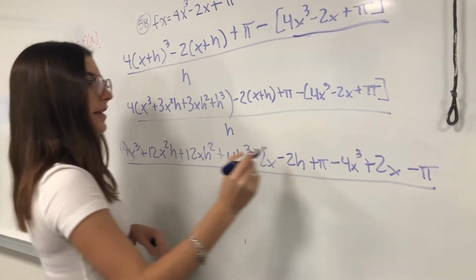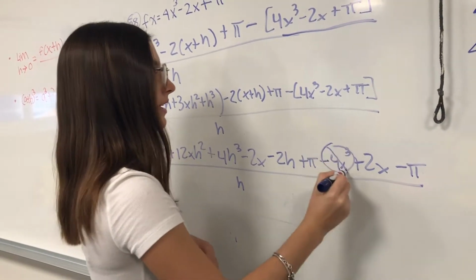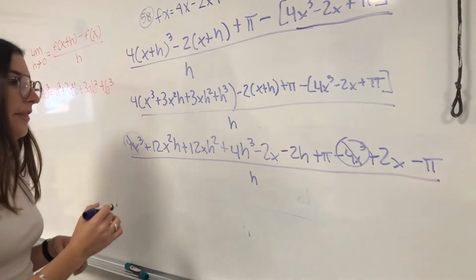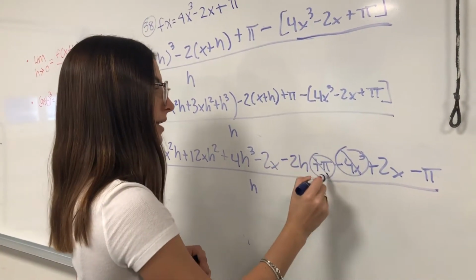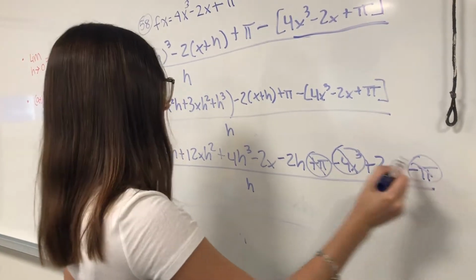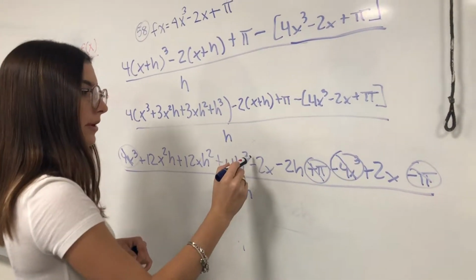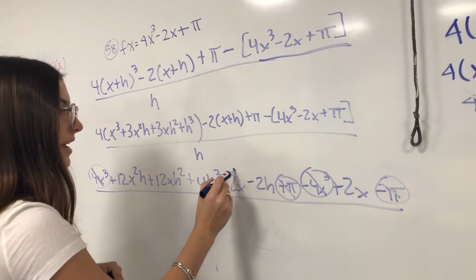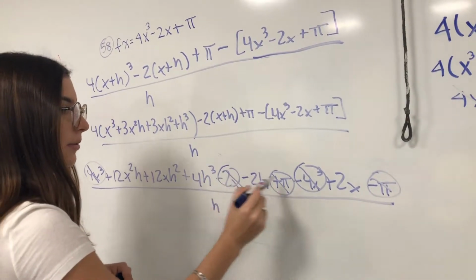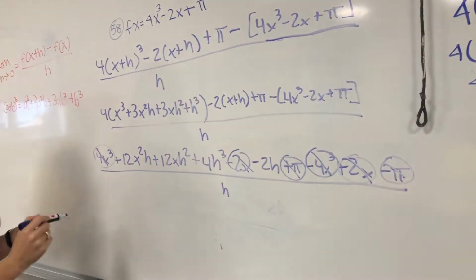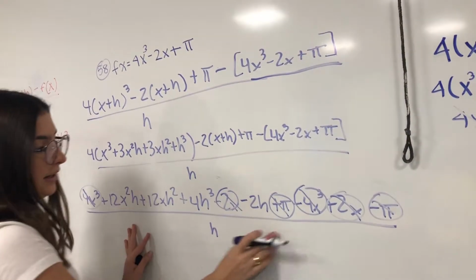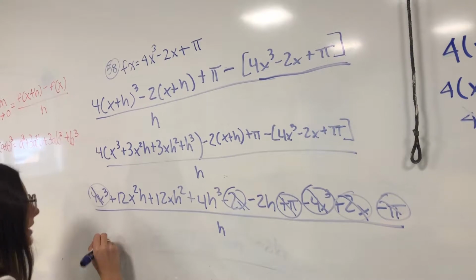4x cubed minus negative 4x cubed equals 0. And then we have here a plus pi and a negative pi, so that's equal to 0. And then we have negative 2x, and here we have a positive 2x. And all of this which is remaining, I'm going to write it down here as